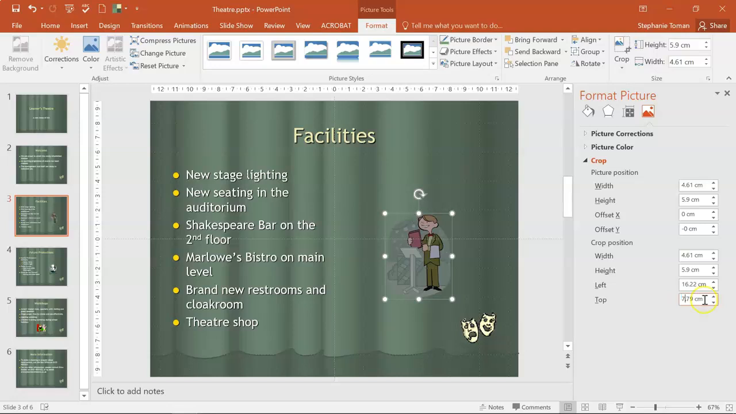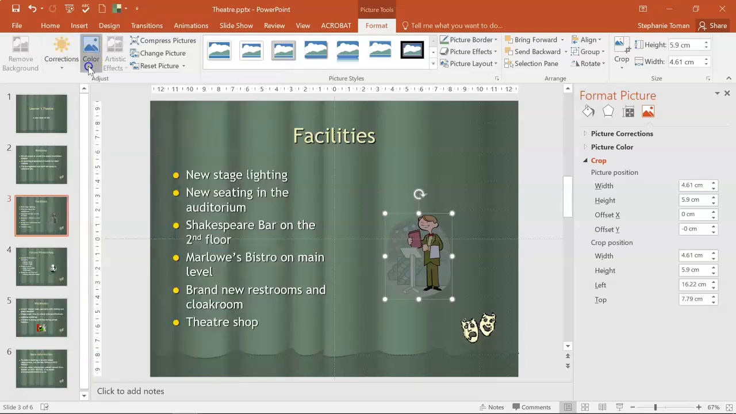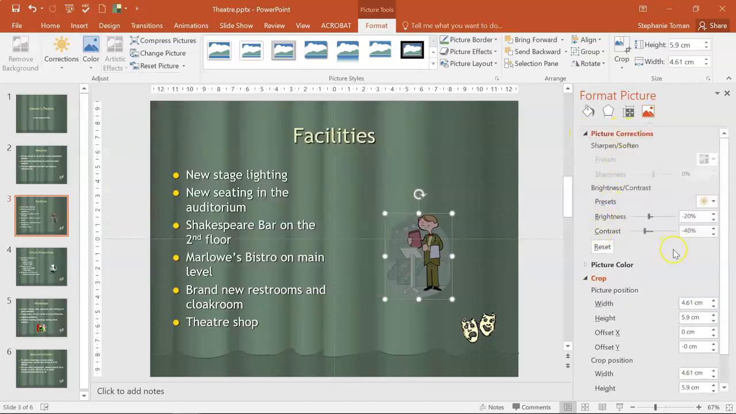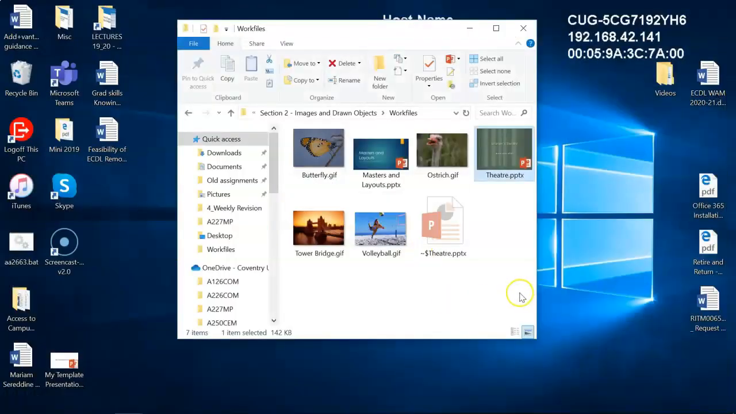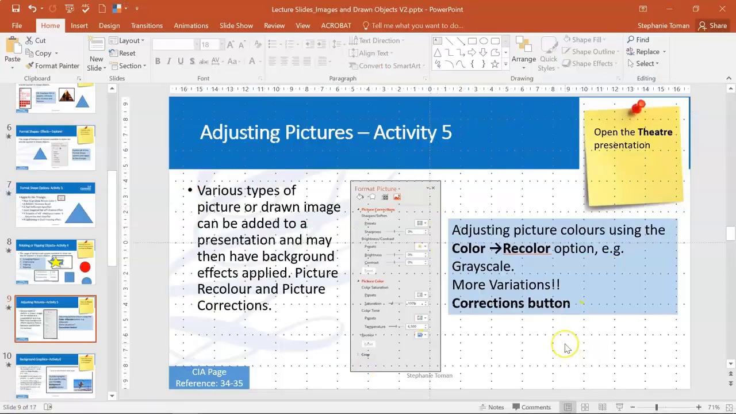So colour corrections and colour as in recolour are all there, and you can also get very much more detail in here with brightness, contrast, etc. So it's not too difficult using it appropriately. So back to our presentation,